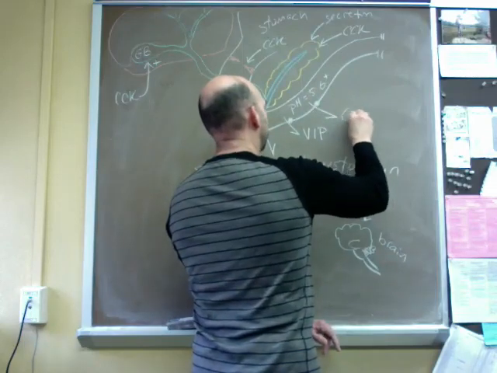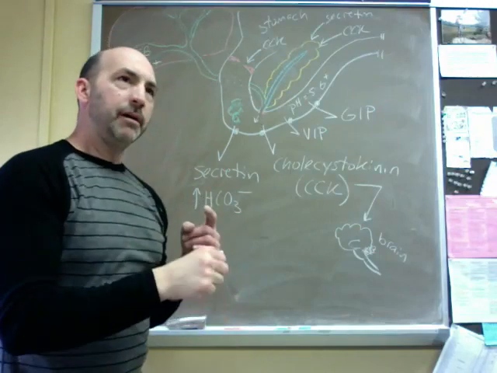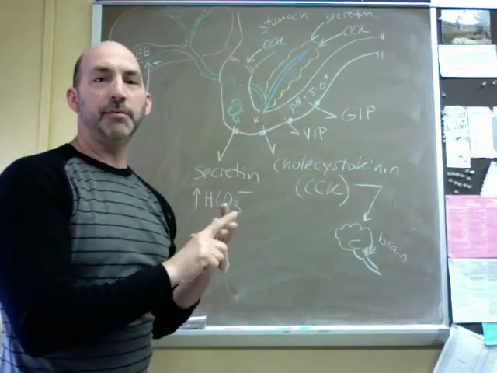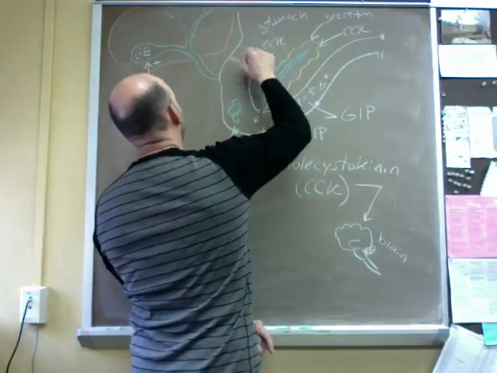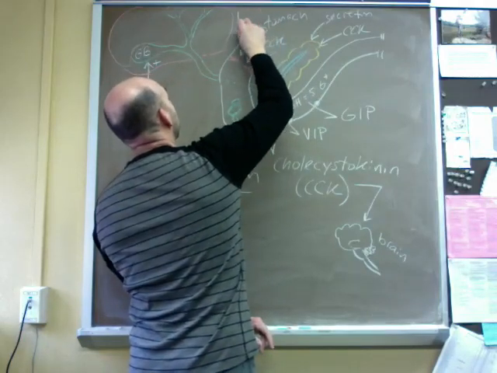And this one's called GIP. Initially it was called GIP because they called it gastric inhibitory peptide. And what it does, to a very minor degree now that we know more about it,